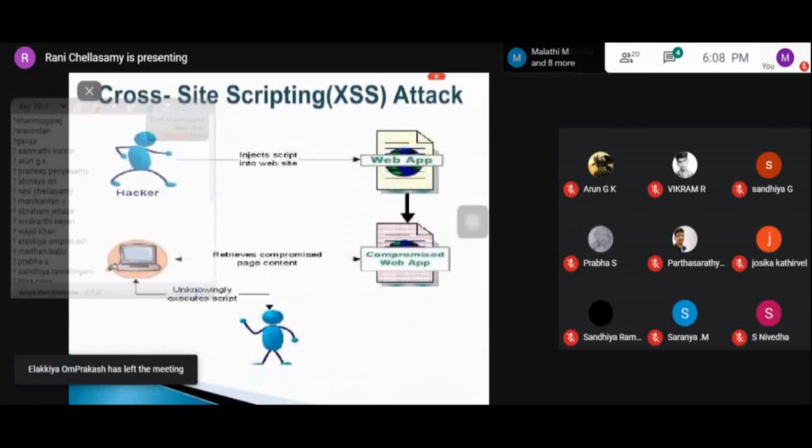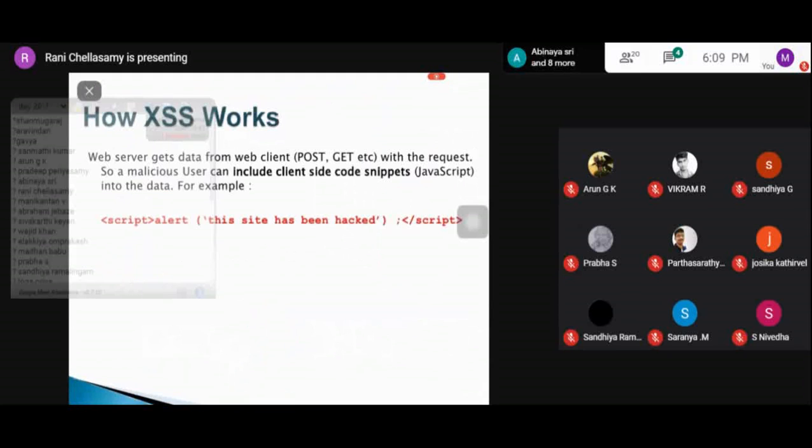It often directs the user to enter personal information at the fake website, which matches the look and feel of the legitimate site. Legitimate site means the original website. So phishing is a technique to cheat users into getting into a fake website.